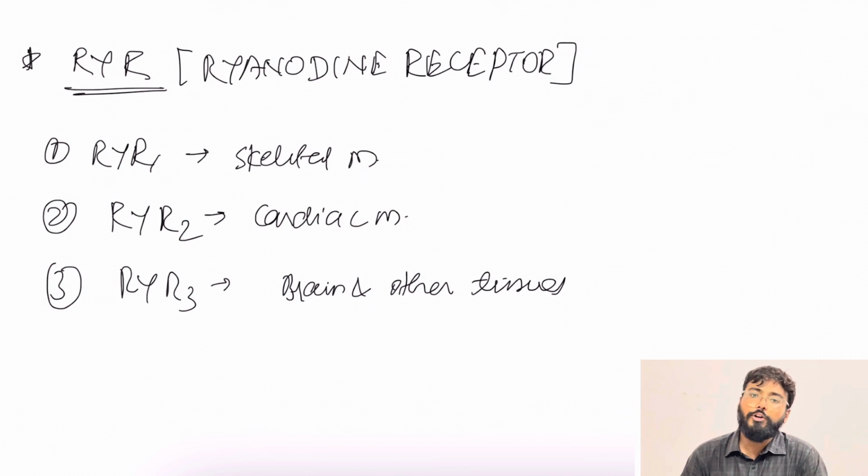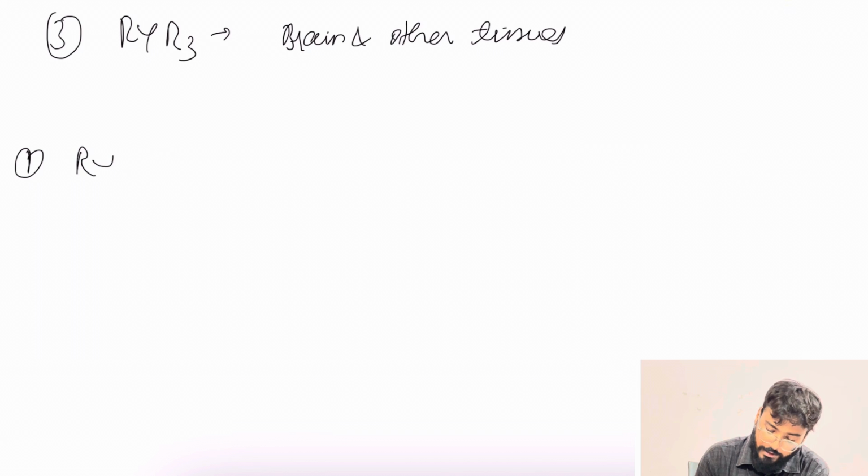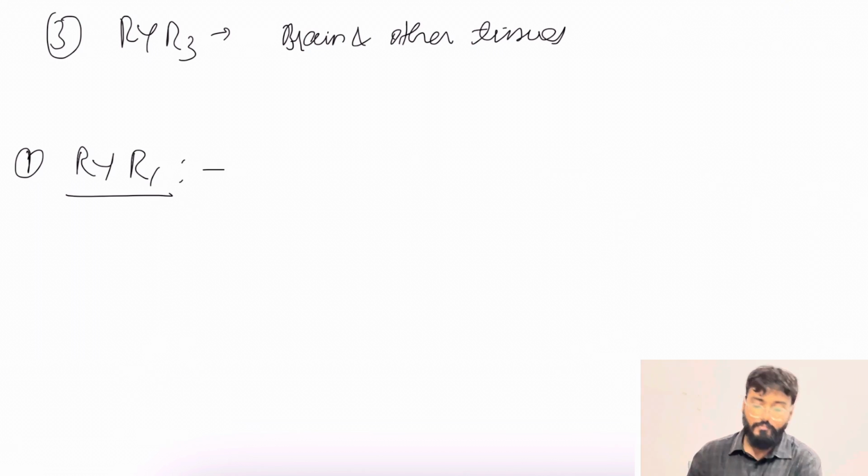So why is it important to know about these receptors? Whenever the ryanodine receptor is defective or mutated, we see certain pathologies. So what are these pathologies? Starting from type 1, you have heard of a thing called malignant hyperthermia. Whenever your type 1 ryanodine receptors are defective or mutated or not functioning properly, what you get is